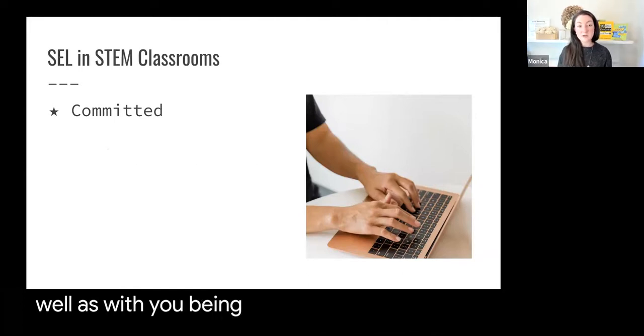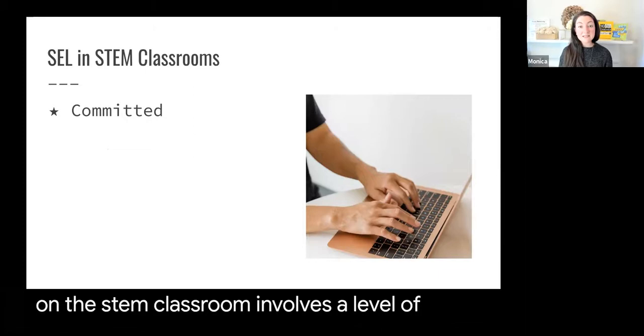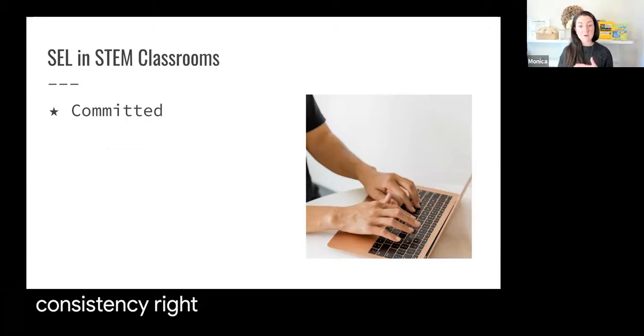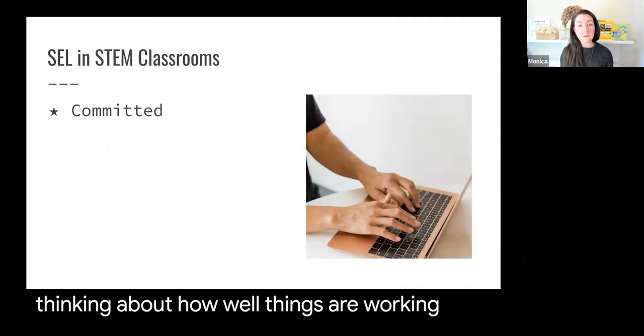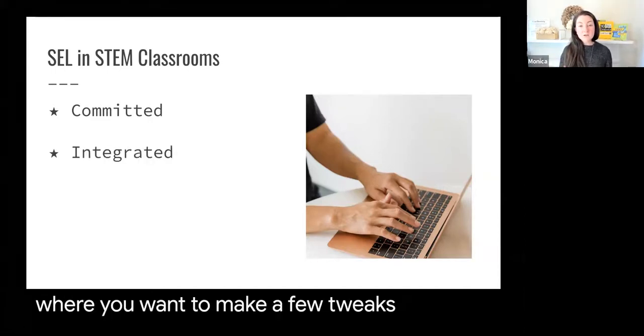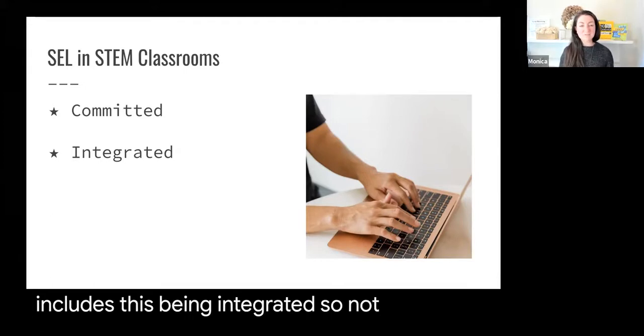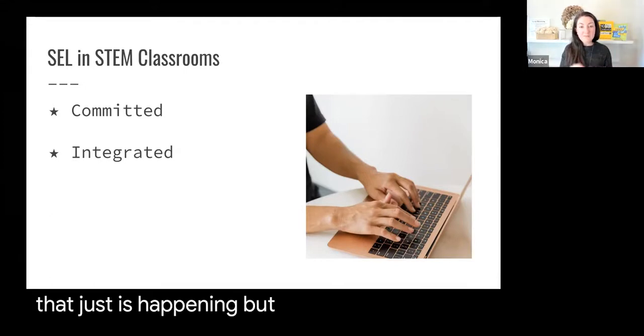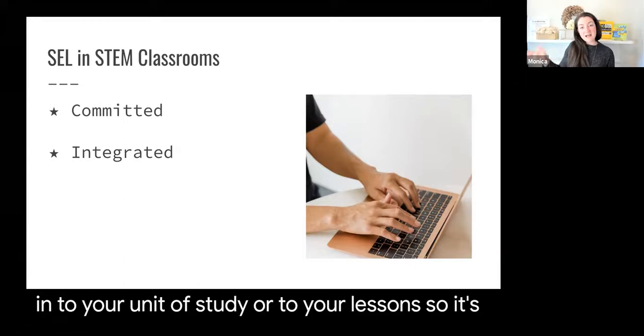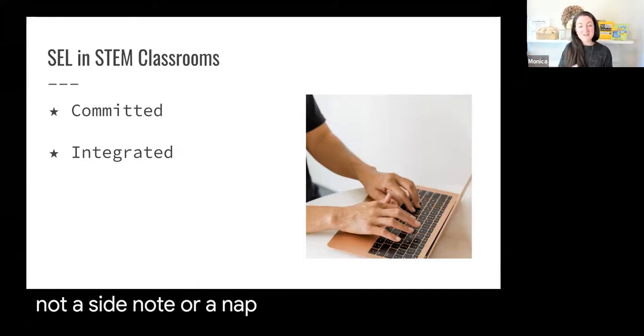Being committed to bringing SEL in the STEM classroom involves a level of consistency, right? Coming back and reflecting and thinking about how well things are working or where you want to make a few tweaks. It also includes this being integrated. So, not something that just is happening, but is thoughtfully placed into your unit of study or to your lessons. So it's not a side note or an afterthought or something that just happened at the same time, but